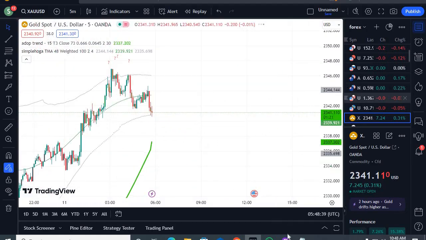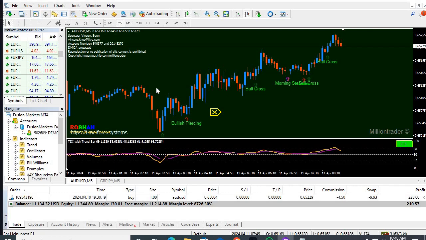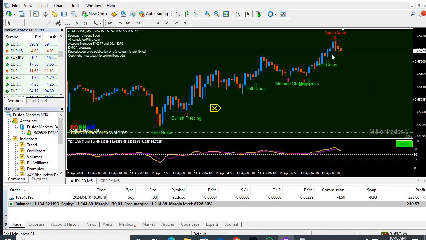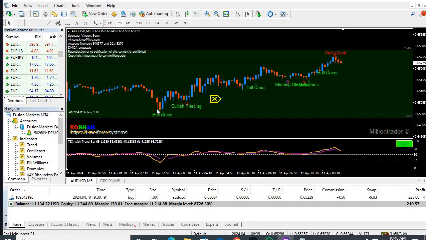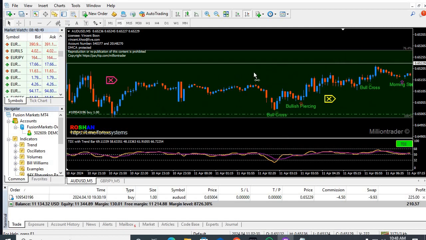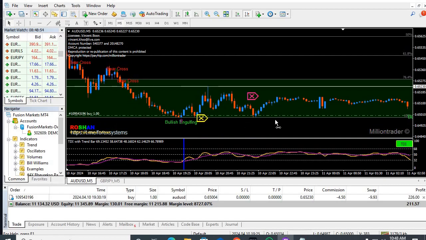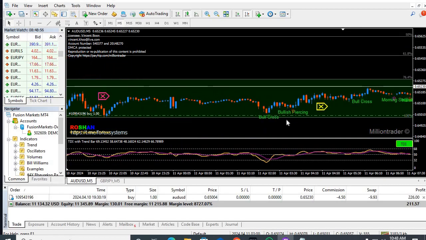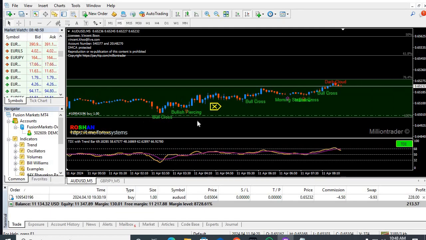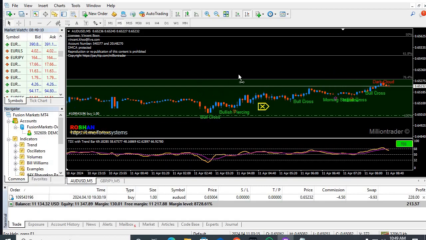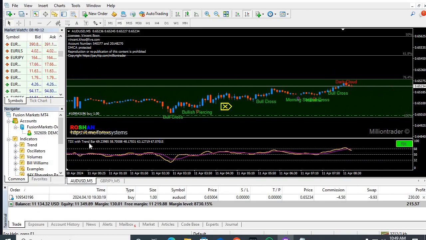And let me show, we are looking for this one as well. You can see there is some dark cloud and the market is going down. When you get the green signal, you can say it is a bullish influence, a bull crossover, bullish variance. You can see there are some green signals, and now there is a dark signal, which means you have some sell signal. It doesn't matter, but we need to wait until we get the profit.